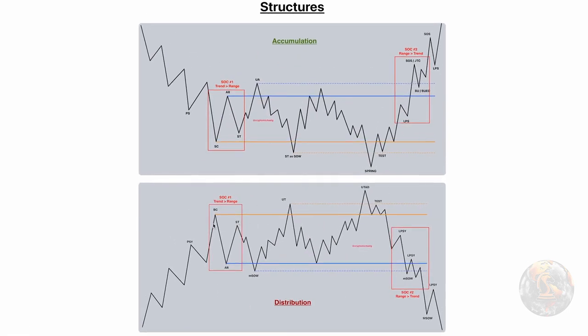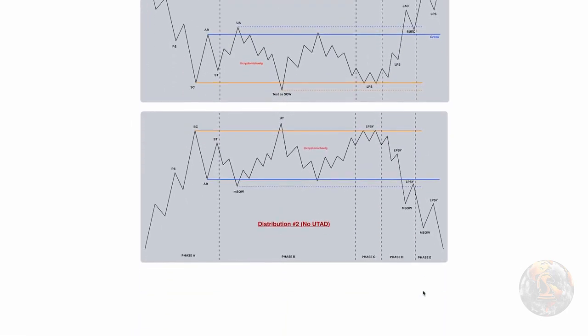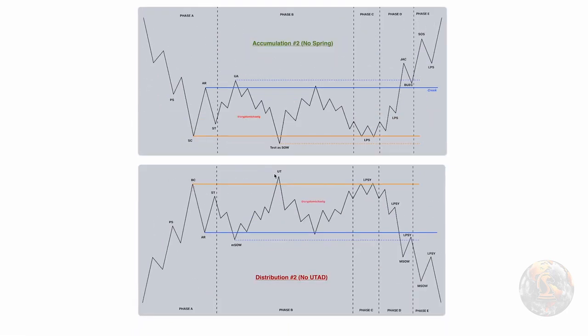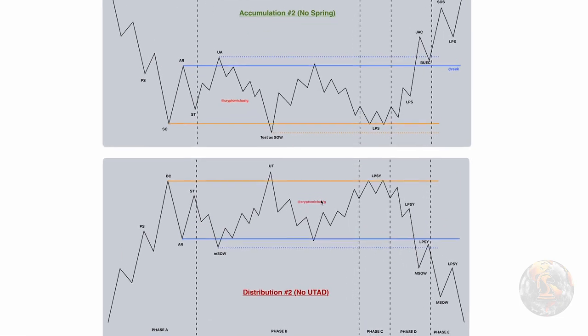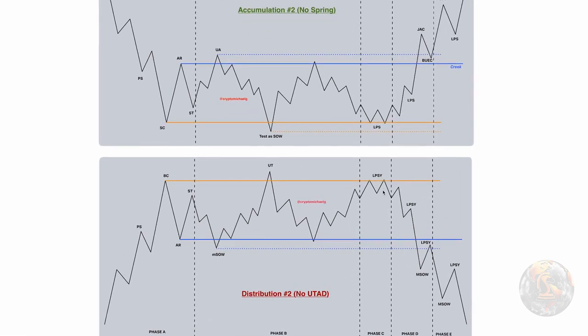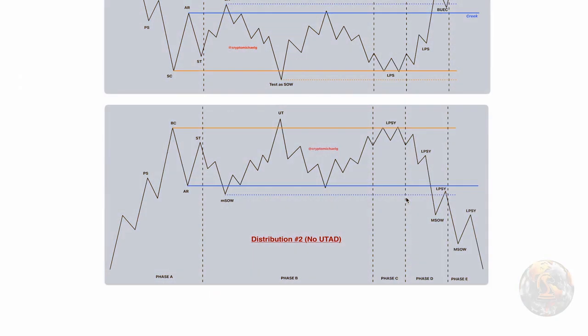Distribution, this is the classic. You have a buying climax, you have an upthrust, and then you have a UTAD, upthrust after distribution, the typical 3 peaks, peak 1, peak 2, peak 3. It then sells off, classic. Distribution number 2, you just get 2 peaks, 1, 2, and you have your last point of supply, your failure to go higher, and it rolls over and goes down. Those of you looking might see that this one also looks quite like head and shoulders or the over-under pattern, all very valid. So we've now covered horizontal structures, but Wyckoff doesn't stop there,